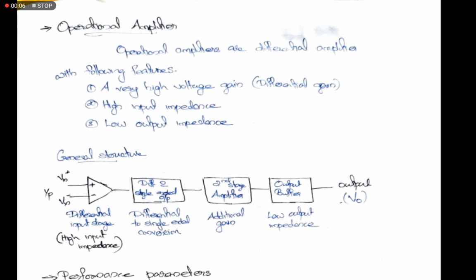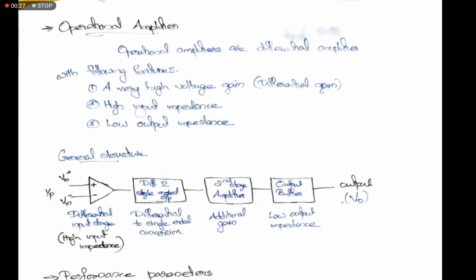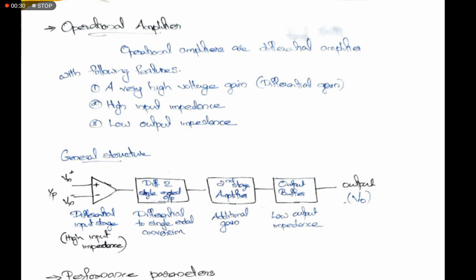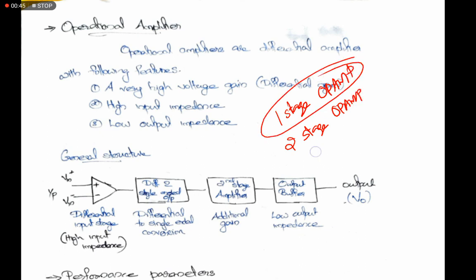In this section, we are starting with the third module, operational amplifiers. Actually, operational amplifiers is an extension of our differential amplifiers. In this module, we need to discuss the basic parameters, performance parameters of OPAMP, and different types of operational amplifiers, that is one-stage OPAMP and two-stage OPAMP. Okay. In this one-stage OPAMP, the working is exactly similar to our differential